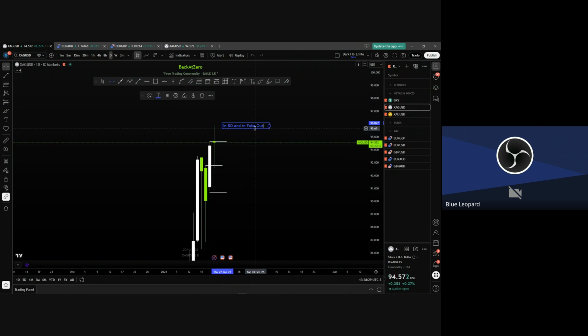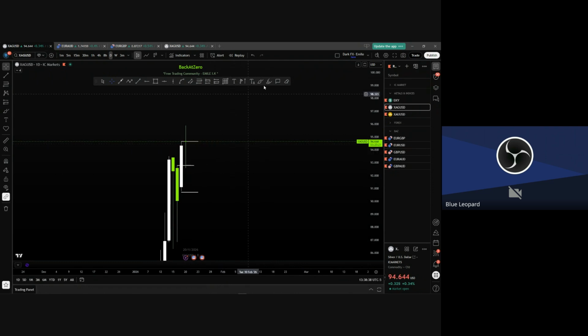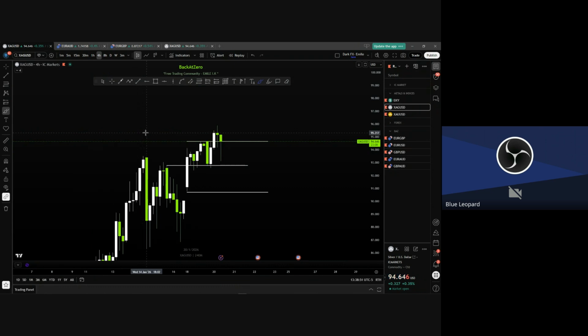Did we close in breakout or in fake out? We closed in breakout. What does that mean? It means the intention to continue higher is stronger. So we know now we're expecting to see today's candle open, create a lowest point, and then go up. It means we are bullish. Our intention is bullish. This was the daily. Now you drop on H4. What are you looking for on H4?